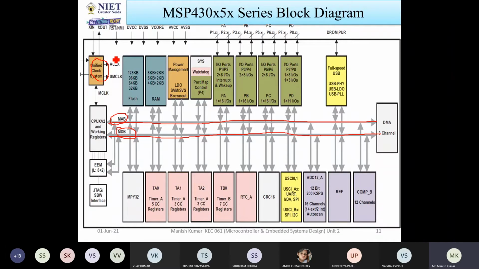But in this microcontroller, one clock system is available, and this clock system produces three different types of clock, called ACLK, SMCLK, and MCLK. These different clocks are responsible for different peripherals. MCLK, the master clock, is responsible for providing the clock only to the CPU. There are no other jobs for my master clock.